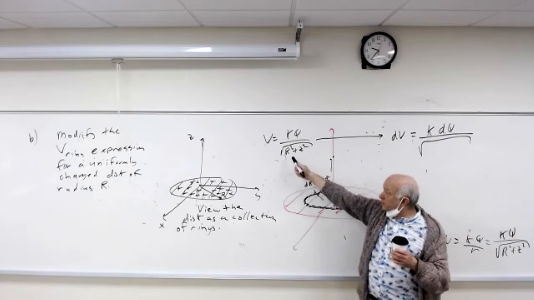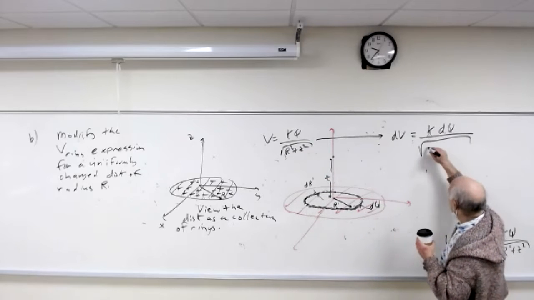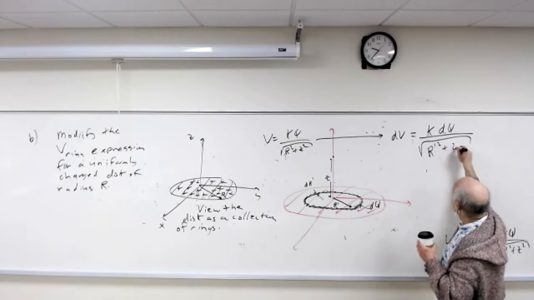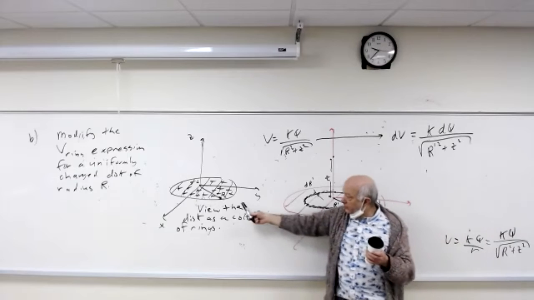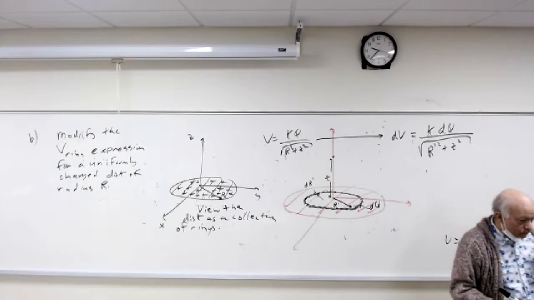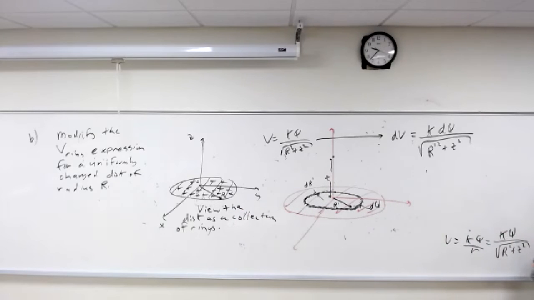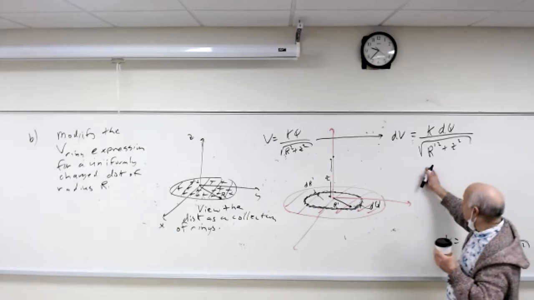This right here is the radius of the ring. In this case the radius of the ring is R prime, and in this case it's the same. Does that make sense? Was that always R prime, or did you just make it R prime? I just made this one out here R prime to not confuse it with this R over here. Then if you want the total V for the disk,